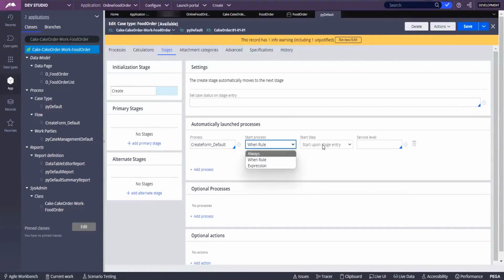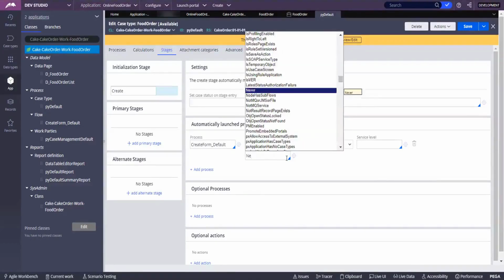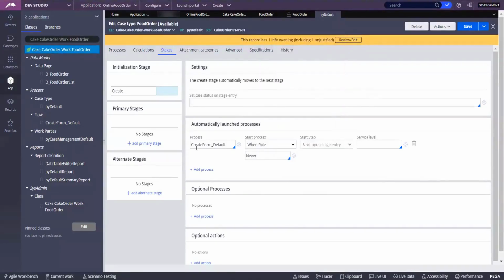You click on it, and not equal to pxg email is there. You remove that one and give never. We don't require this one, we will customize our own thing. Never means it will not execute. You just save this one.